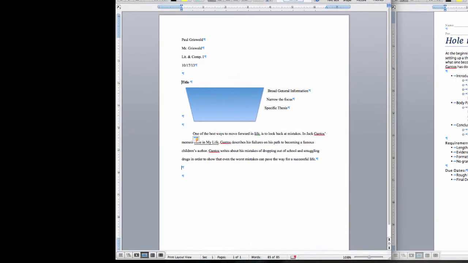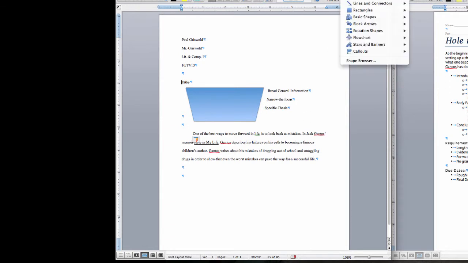Okay? I'm not going to go into too many specifics with body paragraphs. I find this is a strength among my student writers, but I will just briefly state the structure of a body paragraph. So while the introduction is shaped like an upside down trapezoid, a body paragraph is shaped more just like a box.